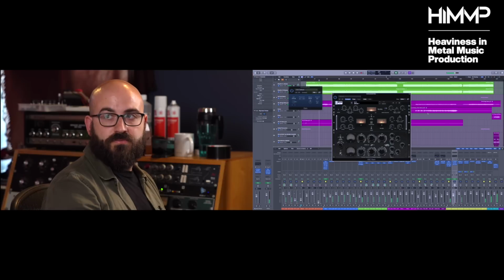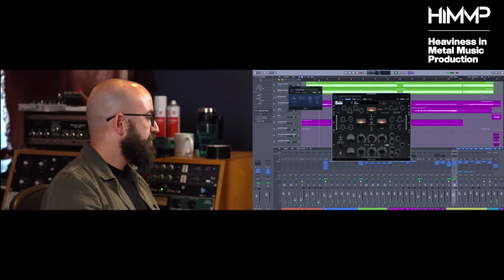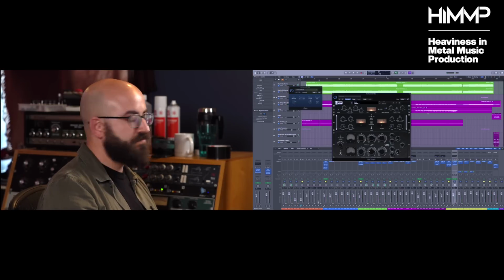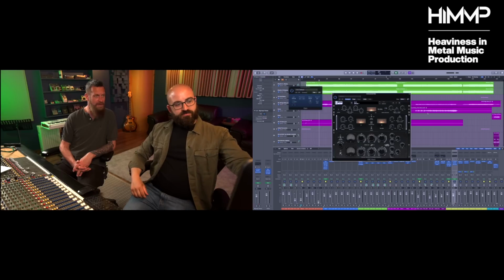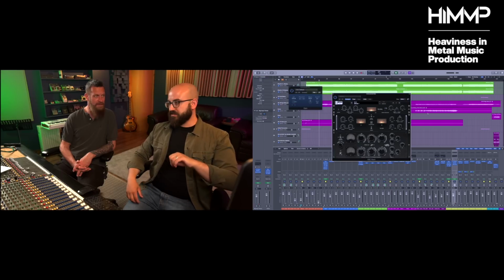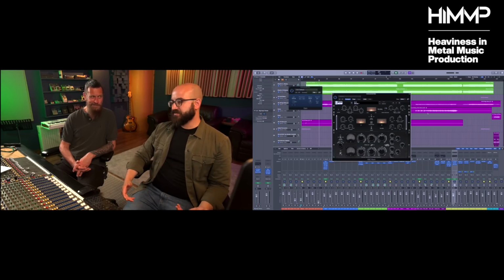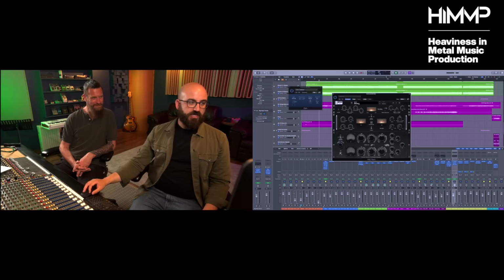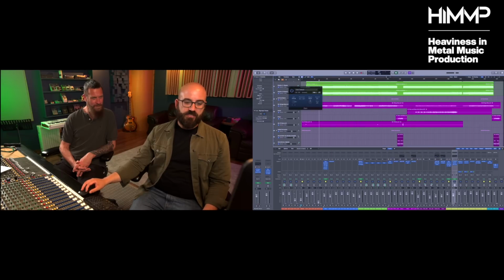Is it a FET compressor? It's based on a Focusrite Red. So that's got a fairly slow attack, but I don't think the attack goes very slow on it. It's not like an 1176, but it's not super slow. Almost like parallel compression there. Yeah, it is a bit of parallel compression, just giving a bit of a glued feel.